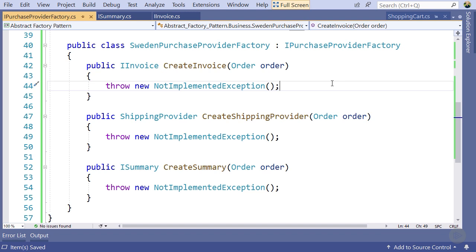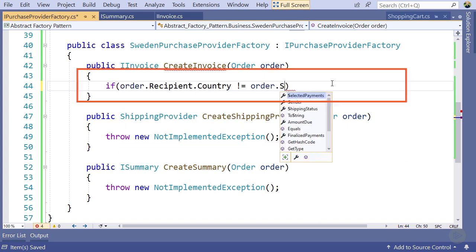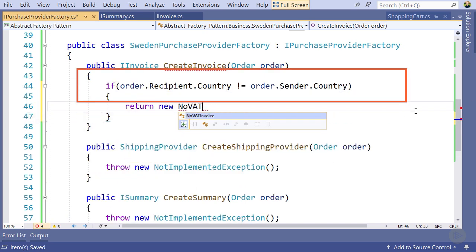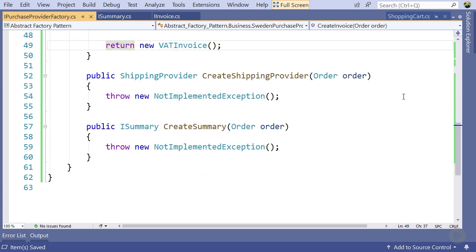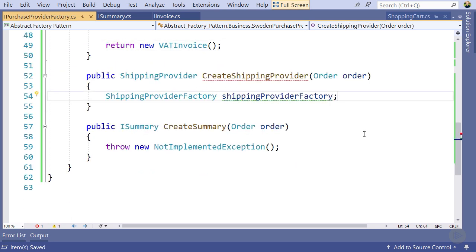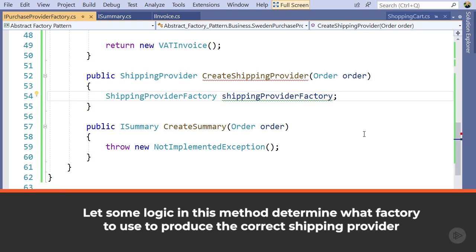The implementation of the Sweden Purchase Provider Factory is going to be a little bit different. This means that when we use the Sweden Purchase Provider Factory and the recipient and sender country are different, we'll get a no VAT invoice. Let's now also make Create Shipping Provider a little bit different. We are going to return a shipping provider, but we're either going to return the Global Express shipping provider or